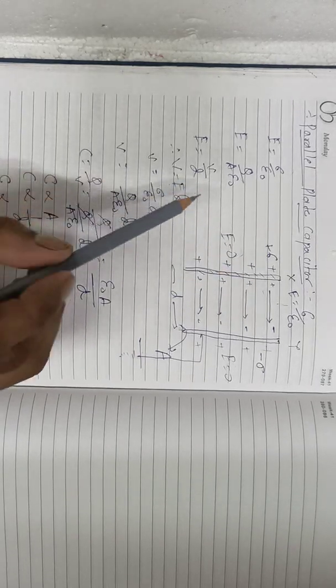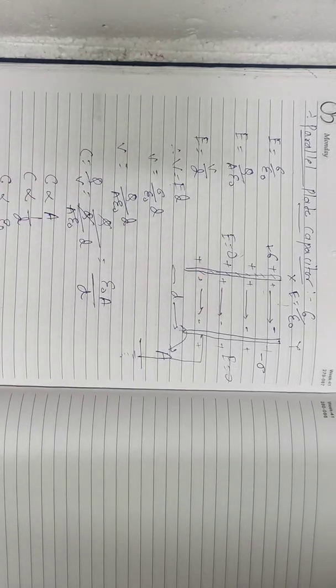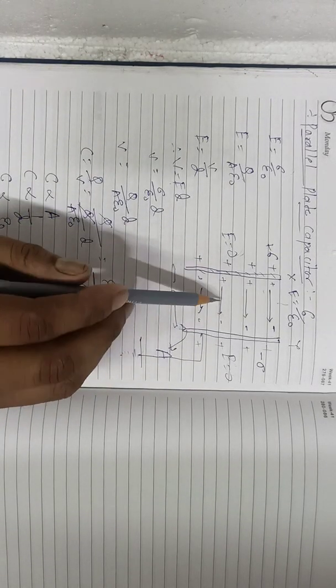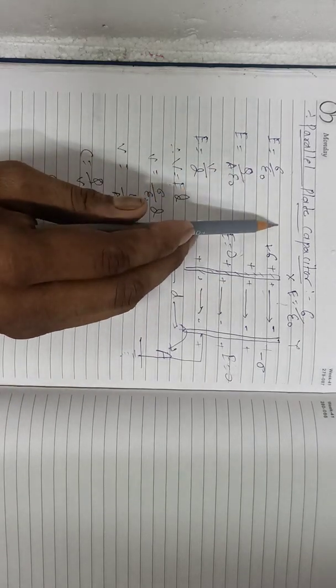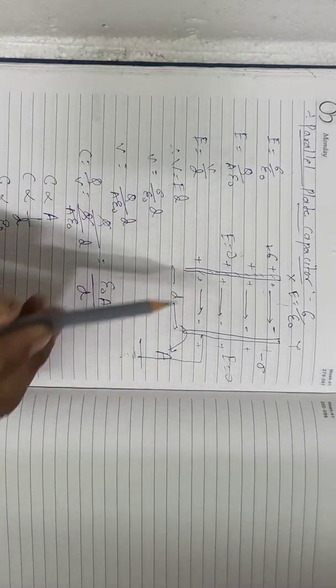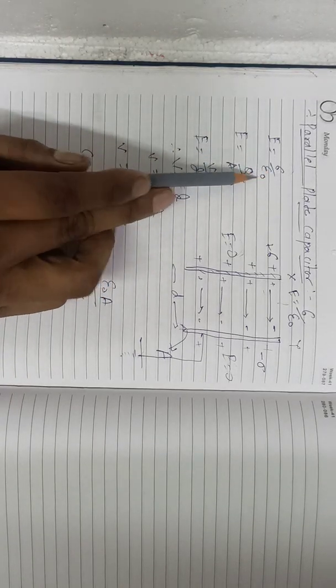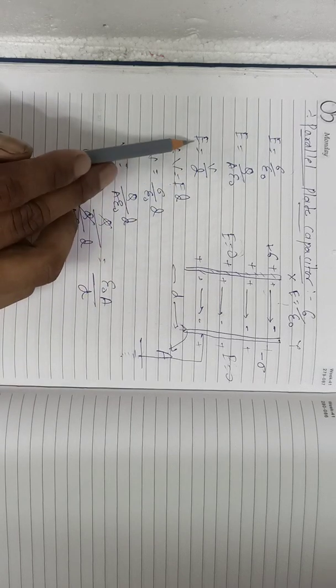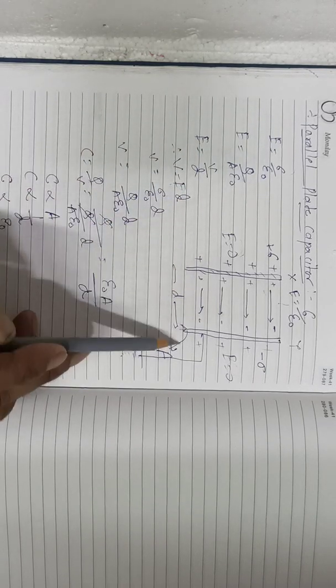After that we know that in this region and in this region the electric fields due to the two plates will cancel out each other. So we need to find the electric field only at this place, which is E equals sigma by epsilon naught, where sigma is the surface charge density, and in place of sigma we will write Q by A, charge by area. A is the area of the plate, and we know that E equals V by d, therefore V equals E d. d is the distance between the two plates.